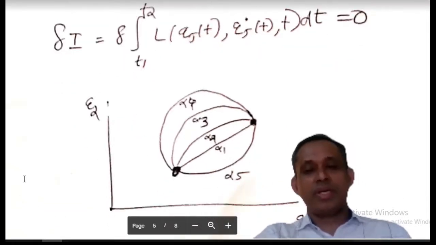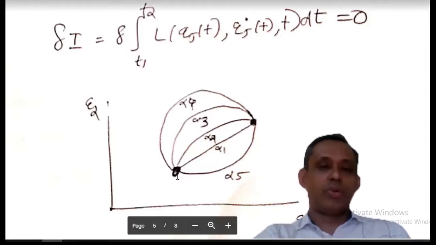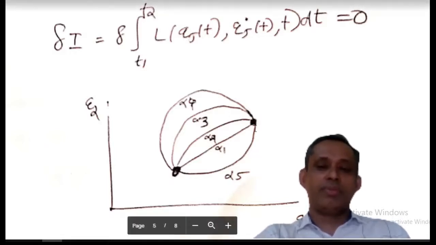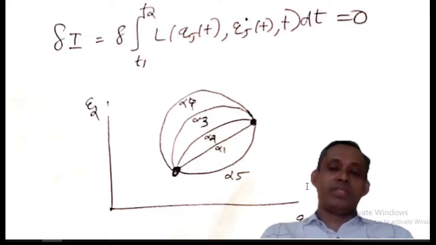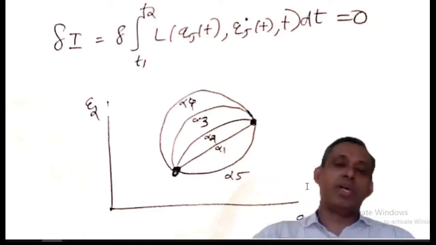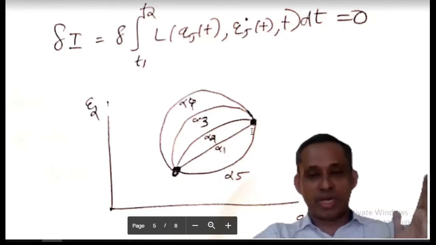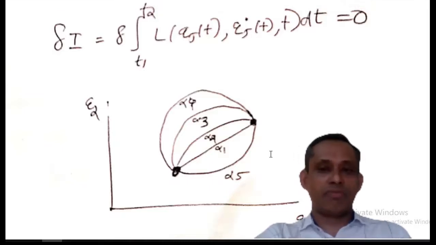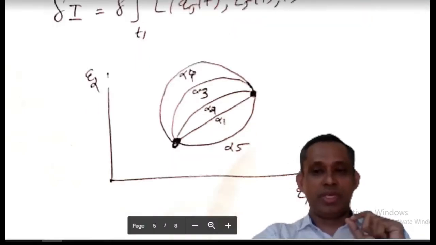So we have the configuration space, the coordinate axes q1, q2, q3, q4, etc. Two points, see two dark points here, and there are many paths connecting these two points in the configuration space, and these paths are different. The variation in the path is represented by a parameter alpha: alpha 1 for one path, alpha 2 for another path, alpha 3. For each path the alpha will be different. So this parameter alpha shows the variation in the path.